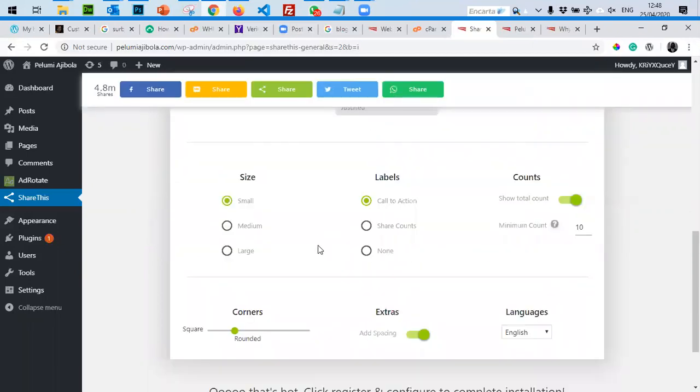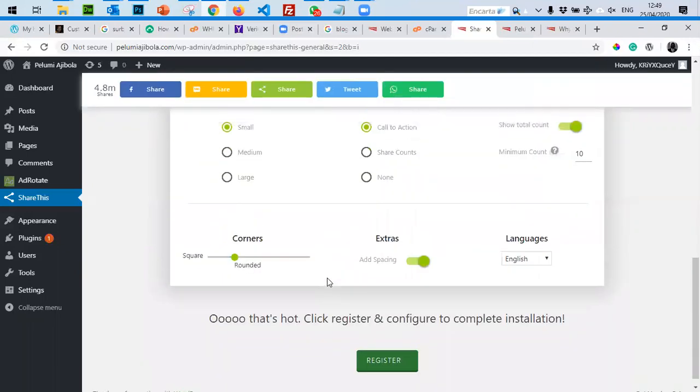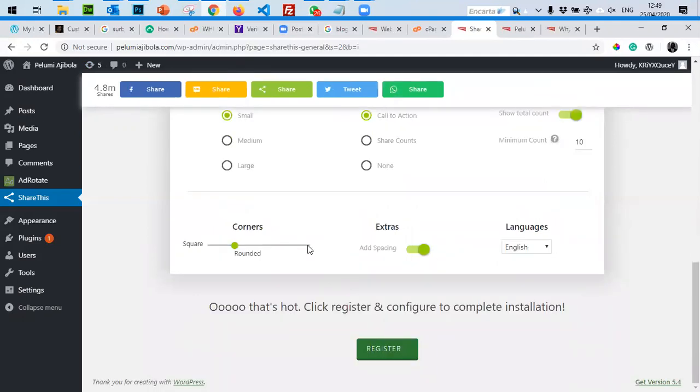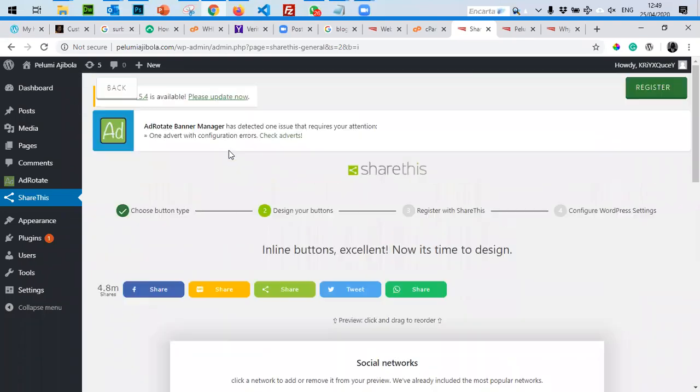You can also change whether you want to show the counter to see how many times it has been shared, or hide it. You can also choose whether you want your share button to be very curved or boxed, depending on your theme. If your theme has a lot of curved objects, you might want curved.